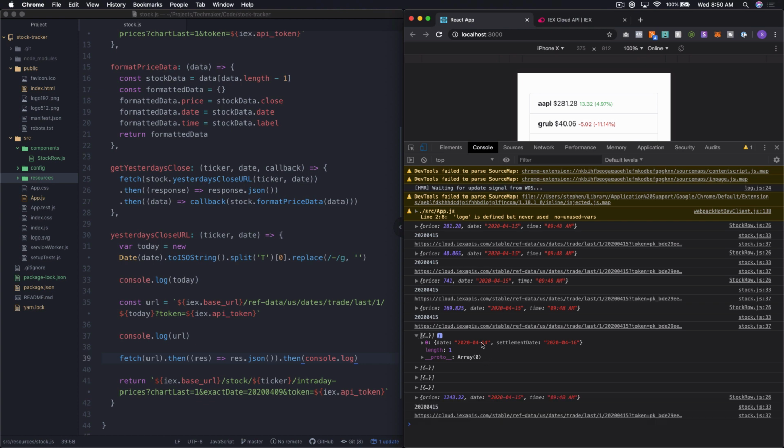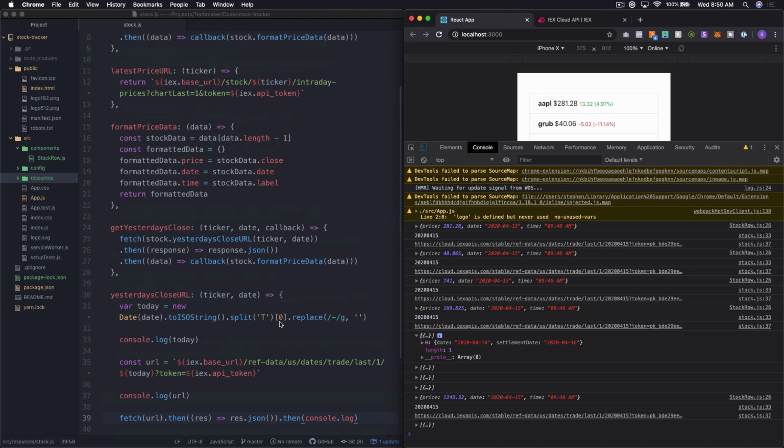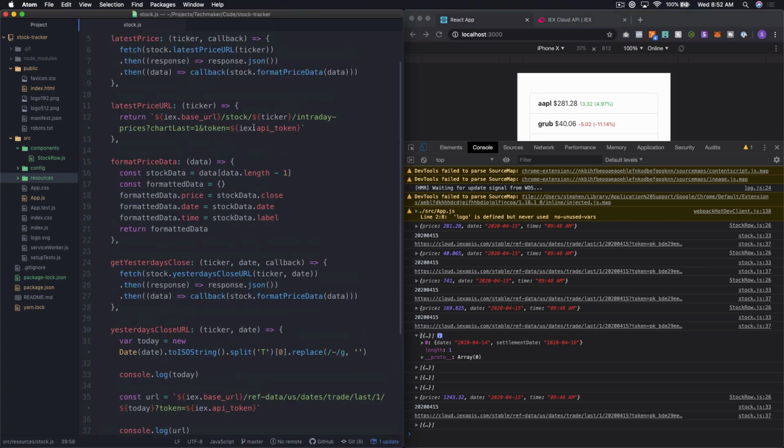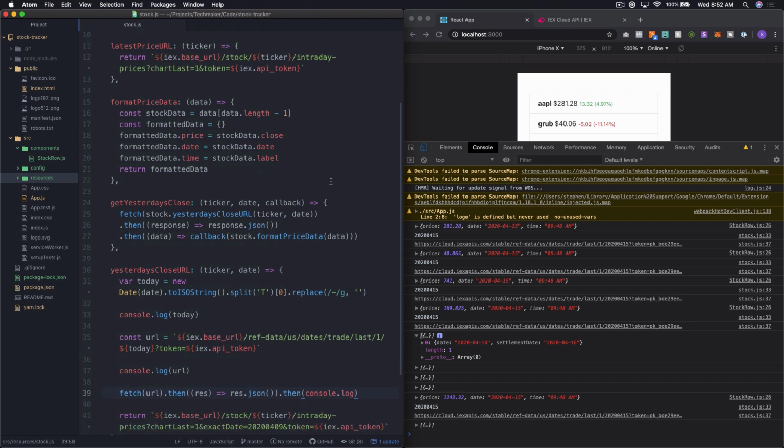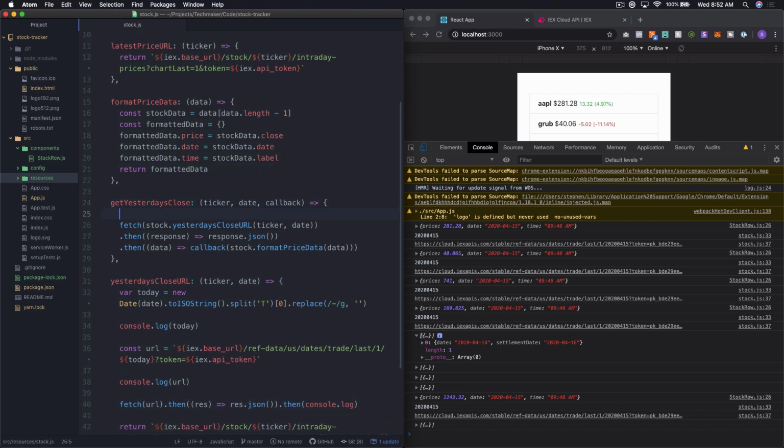Okay, so we get the 14th back here. That's interesting how slow that was. But we're getting it back, so let's go ahead and make use of that. Okay, so what we need to do to get yesterday's close actually is, first and foremost, we need to get, so we'll say this dot maybe stock dot get yesterday's, get last trading day, maybe date. I was going to say day and didn't commit. Okay, so we need to get last trading date,